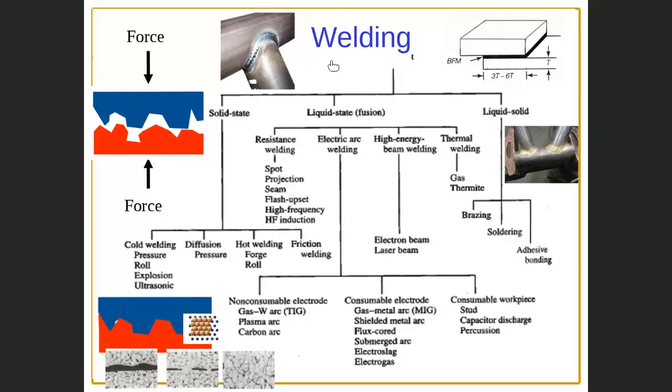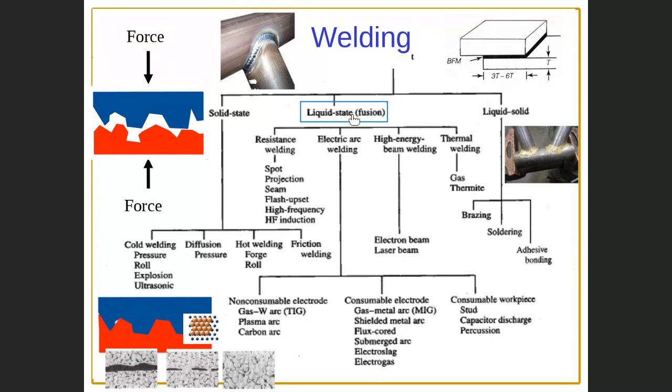So this is what we call liquid state welding. We also call it fusion welding. In liquid state welding, you heat and melt the welding zone of the two substrates. Substrate means the two parts that you want to weld. You melt the two substrates, you get a liquid melt mix, and then while solidification,